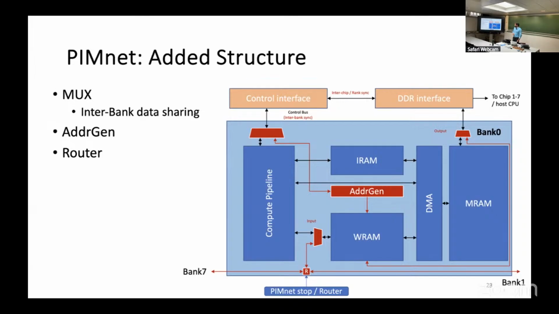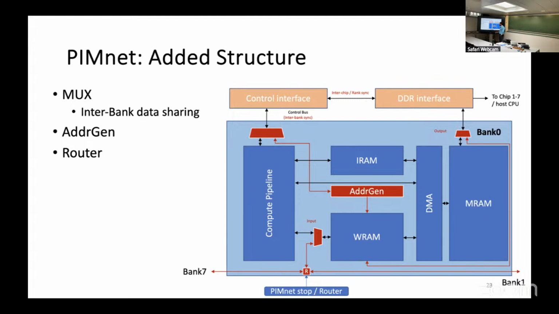So the muxes are basically going to receive data from neighboring banks and then plug it into the WRAM, to then be used by this DPU specifically. So you have here your router and you have here your neighboring banks. And as the ring structure, as I mentioned above, it can only be your neighboring banks. And if data would be required from bank 1 or bank 7 or vice versa, data would be flooded in through the router and then written into the WRAM, which this DPU would then be able to compute with